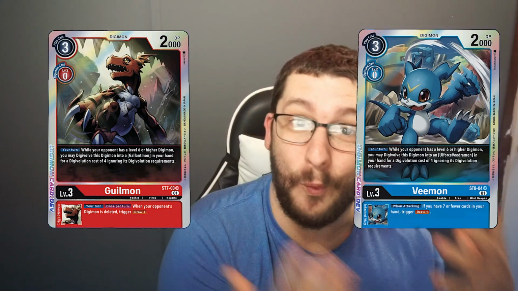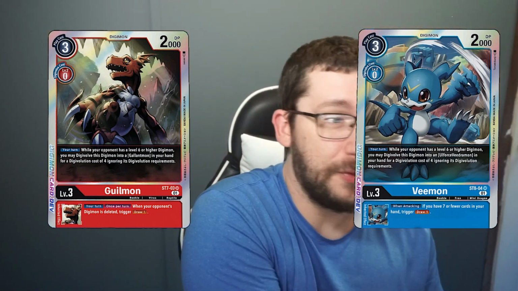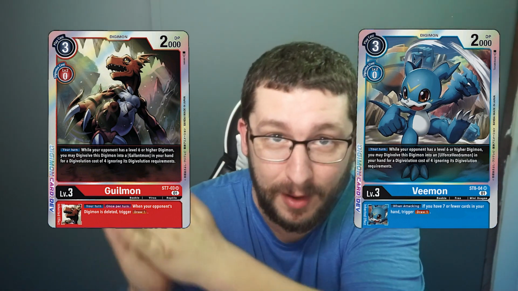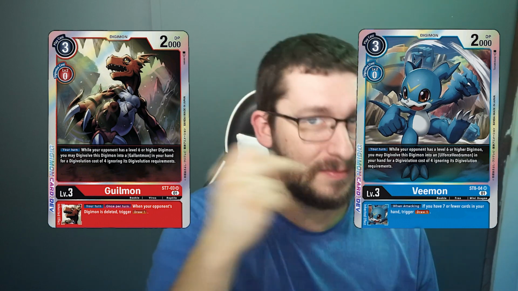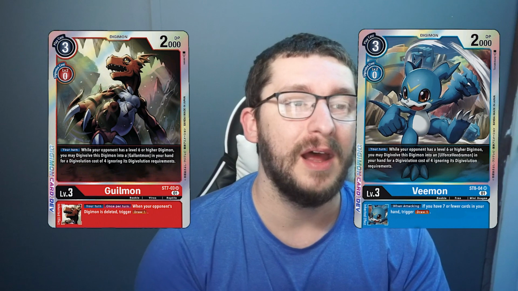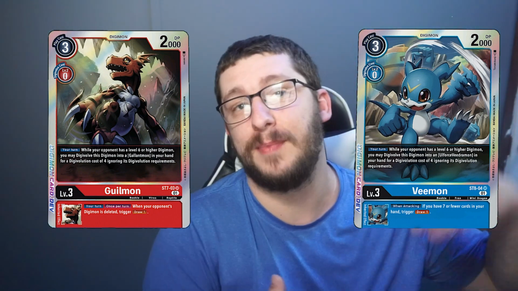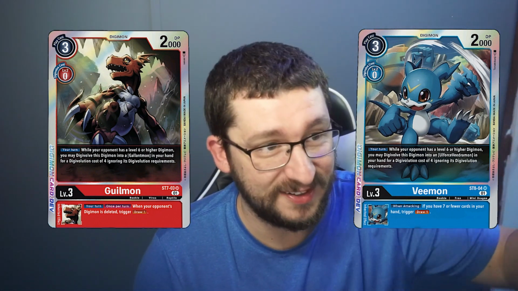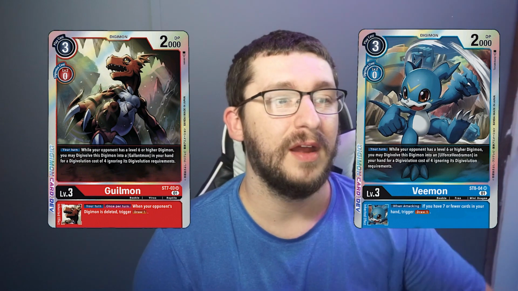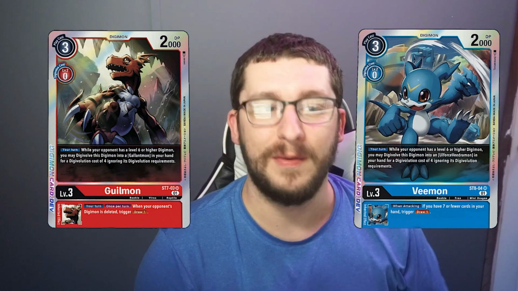This is essentially a warp digivolve ability, taking you from your level 3 Guilmon and Veemons to your level 6 Gallantmons and UlforceVeedramons, for a 4 cost digivolution, which is not a whole lot, and essentially gives you, especially if you've been outpaced by your opponent who's already got a level 6 on the field, because that's the requirement. Your opponent has to have a level 6 on the field, then you can basically speed up your digivolution into your level 6